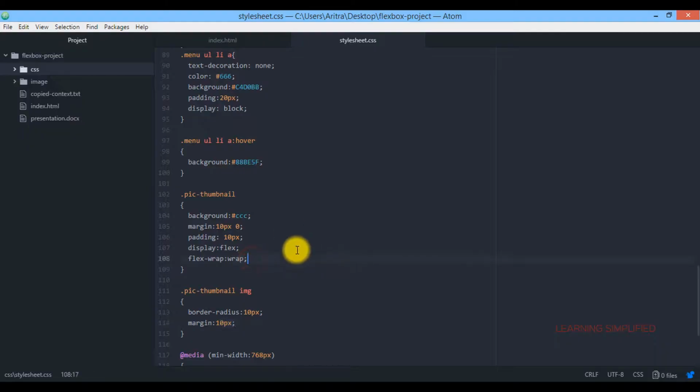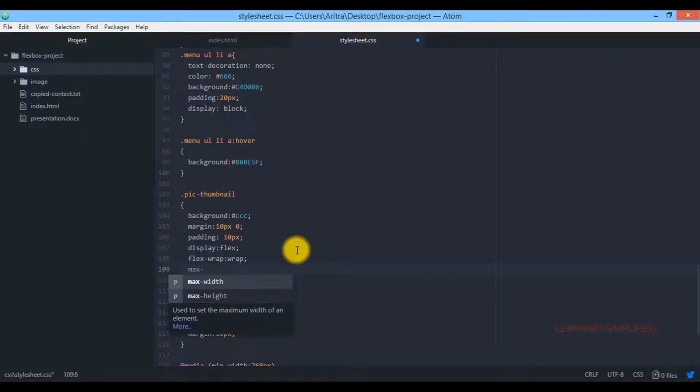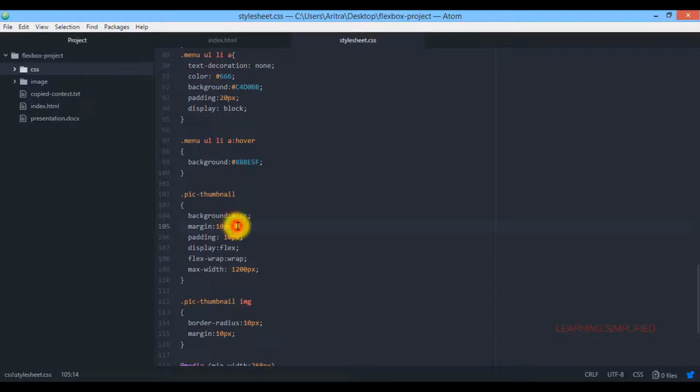Then you may provide here a max width, which I am setting to 1200 pixels. In that case, we need to make this amendment of 10 pixels auto. That means your div with the class name pic thumbnail will have a maximum width of 1200 pixels, and everything goes here.